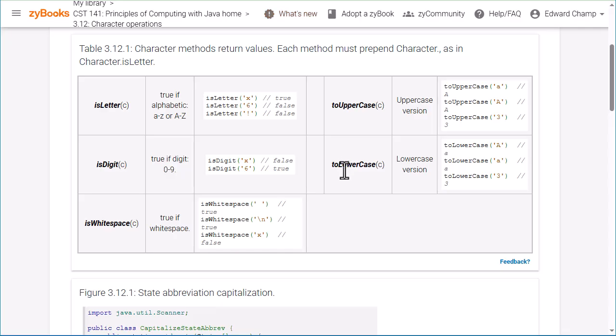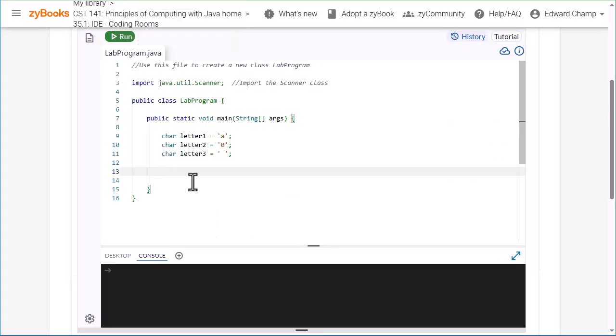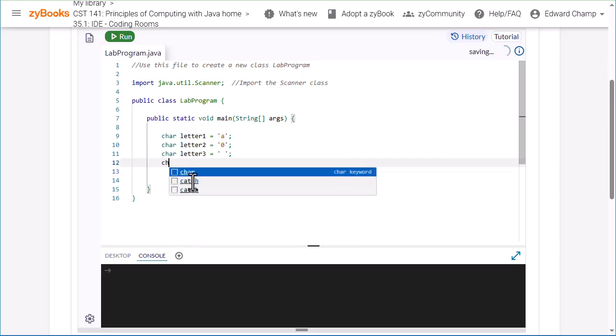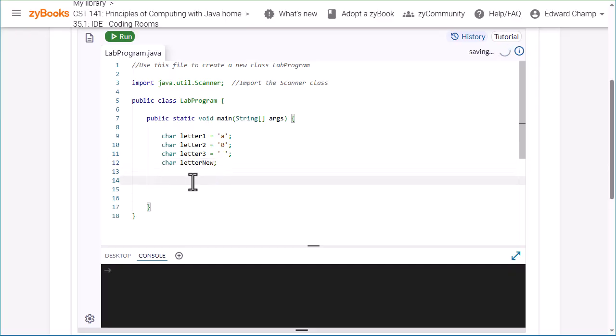Looking at our little chart, let's start with the toUpperCase and toLowerCase first. I think those are the easiest ones to understand. So let's just do a simple System.out.println. Actually, I'm going to back up a second. Let's create another character. Character letterNew, and we're not going to assign it a value yet. Let's do letterNew equals toUpperCase,